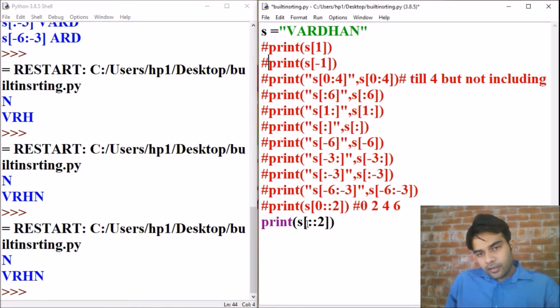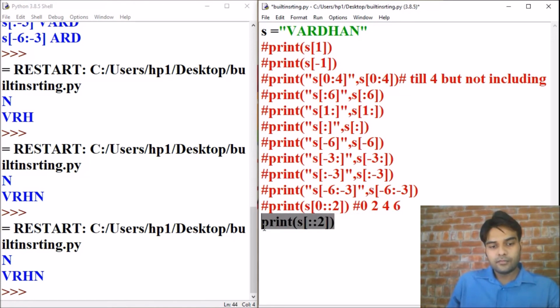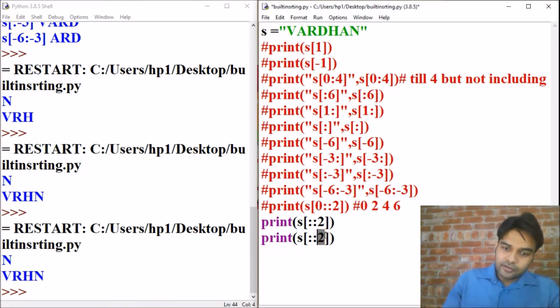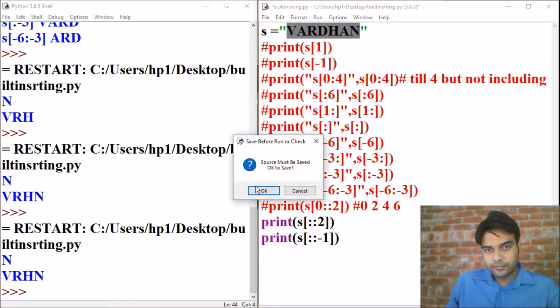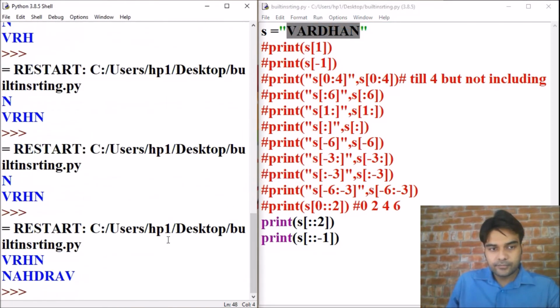Now if we want to reverse a string, what will we use? For reversing we will use the same syntax, but the difference will be -1. So -1 means we have to start from the end and move in this manner. See, VARDHAN reversed.